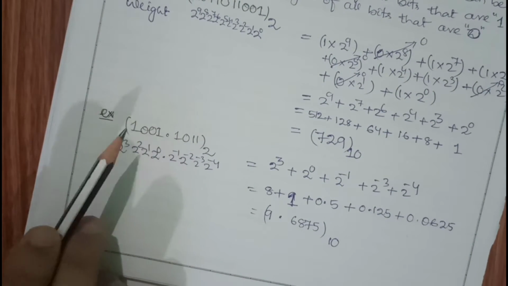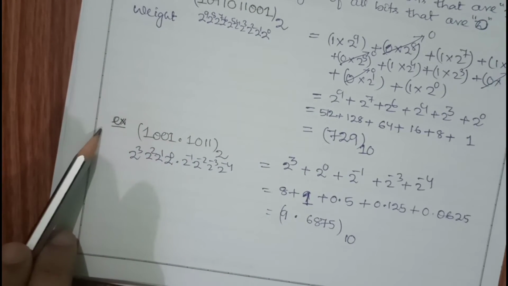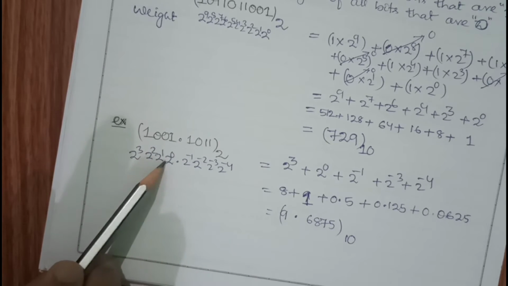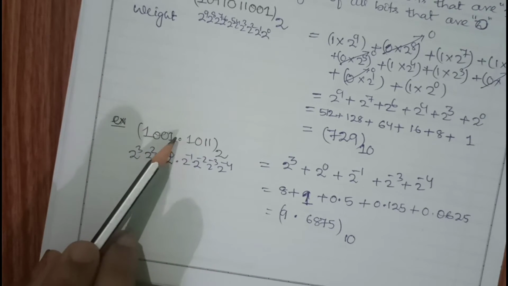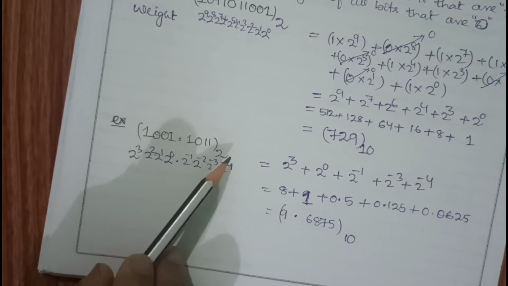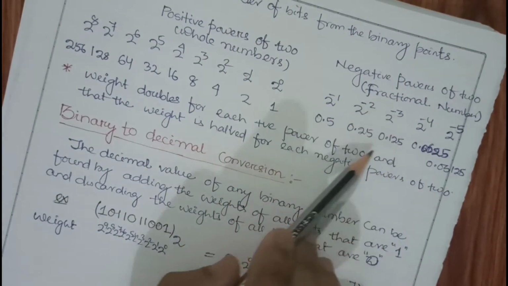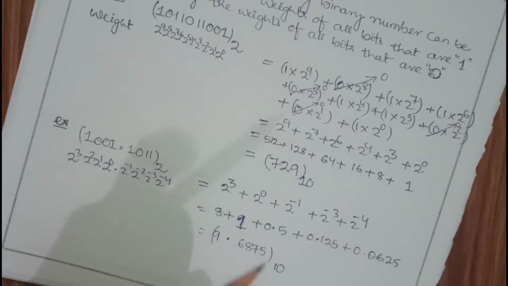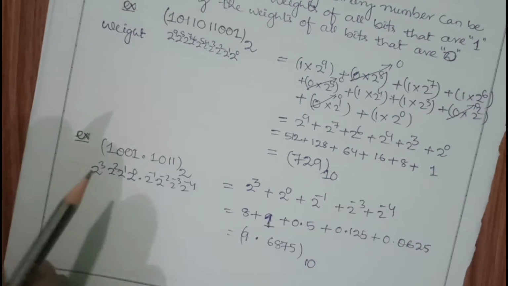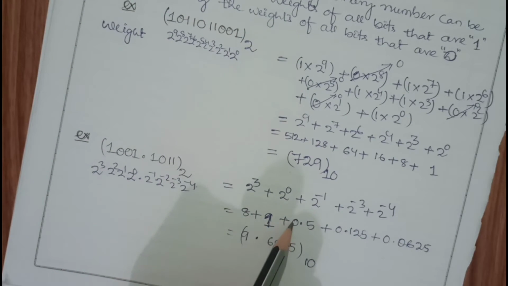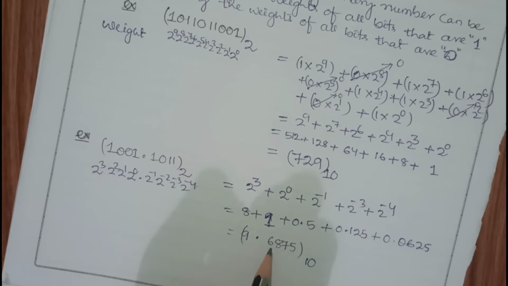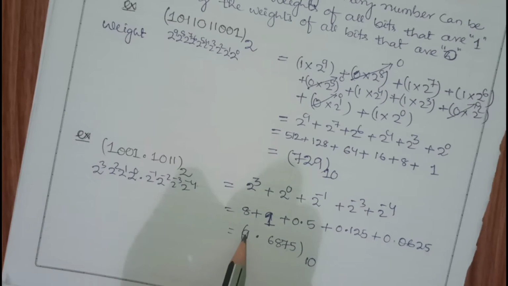If there are binary digits after the point, you do a similar process for the left half of the binary point. Write 2 power 0, 2 power 1, 2 power 2, 2 power 3. After the point, write 2 power minus 1 and decrease: minus 2, minus 3, minus 4. Once you remember these values, you can easily write them. For before the point, write those values; after the point, write those values, and just add. After addition, you will get a value in decimal form, 9.6825. It is base 10, but it is a fractional number. This is the whole number part, and this is the fractional part.